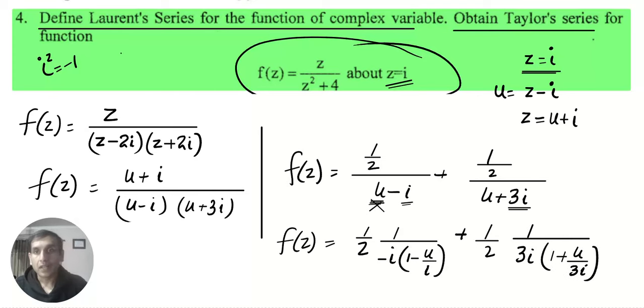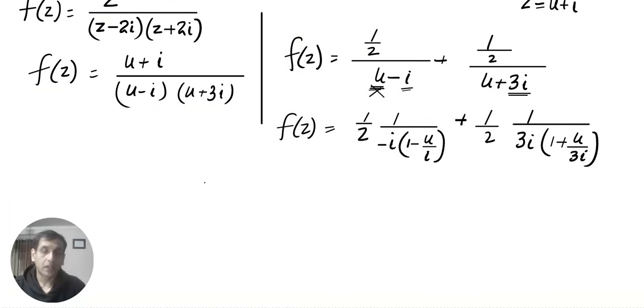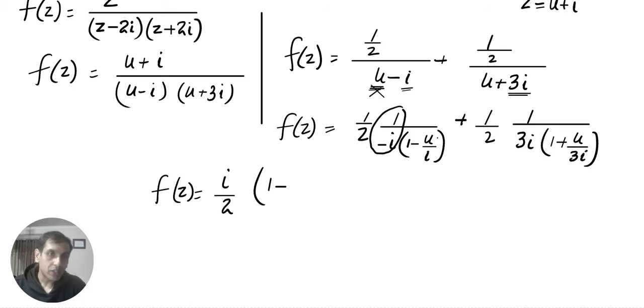Okay, long back we discussed this. 1 by i is minus i. Never forget it, it's very important. Or you can just type it in your calculator. Okay, now this becomes f of z equal to, can you see 1 by i, and there is a minus, so it becomes i by 2, 1 minus, can you see this u by i, again this 1 by i will become plus,